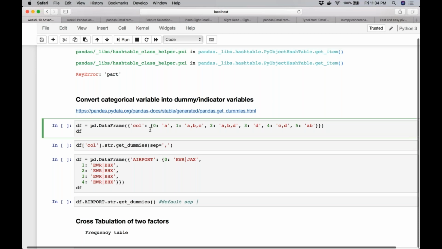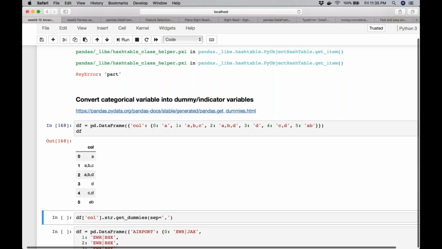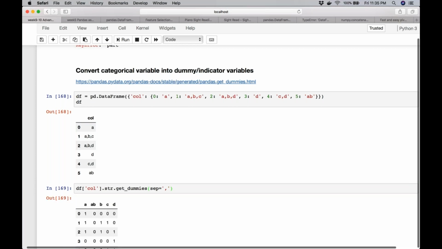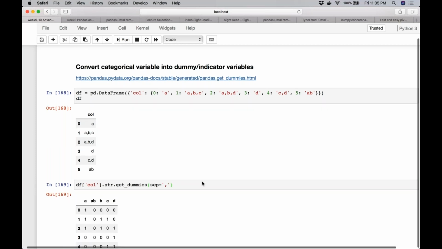Okay, before that, just a couple of things. We don't worry about this too much because we are going to use it in machine learning with the scikit-learn package. So this is my data frame. As you can see, there are some values which are unique, some which are separated by commas. Now what I want to do is find, for each index, whether that observation is present or absent. So you will understand this better, I'll show you.